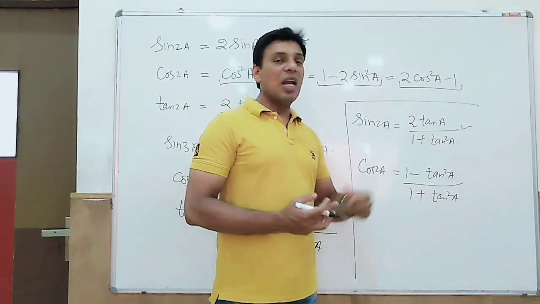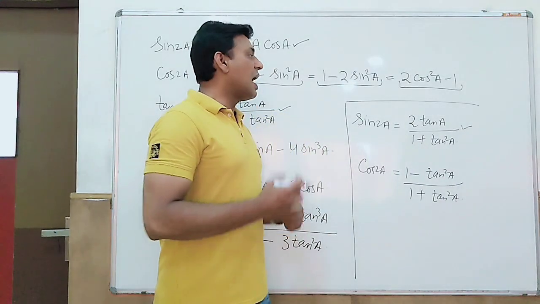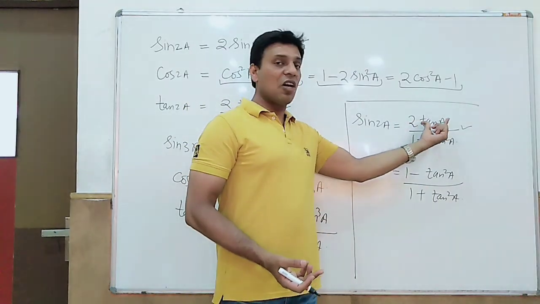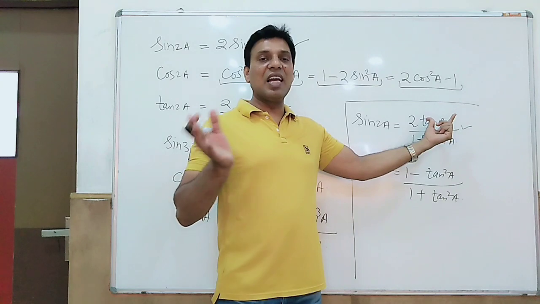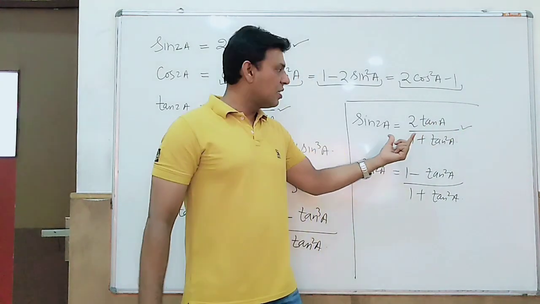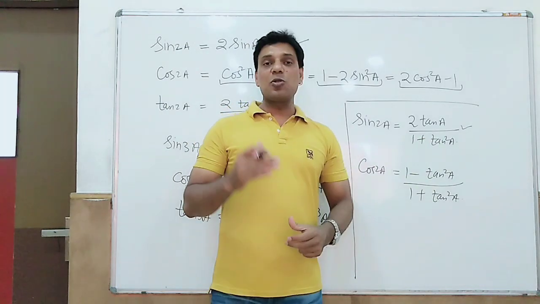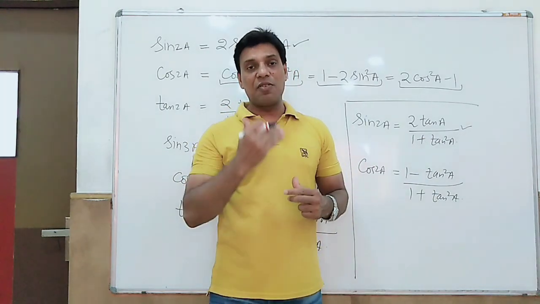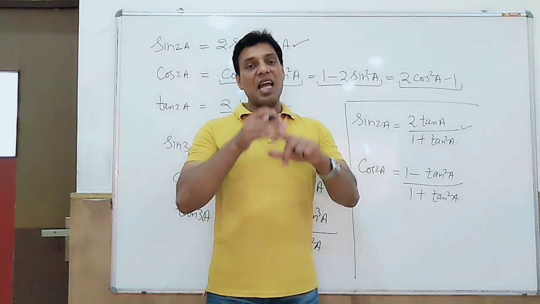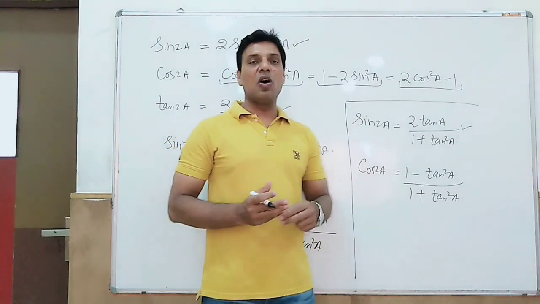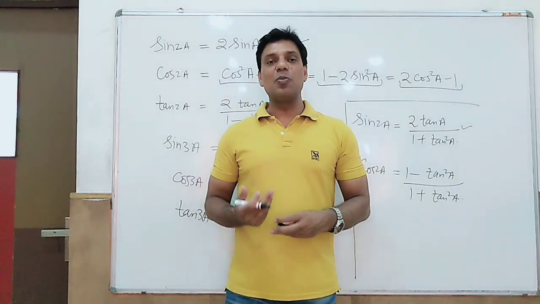And these two formulas can be simply proved. I am telling you how. Just as you were proving left hand side, right hand side in previous classes, in place of tan a you can write sin a upon cos a. This 1 plus tan square a will become sec square a, and you can write 1 upon cos square a, and after solving you will have the formula of sin 2a. These are easy to prove.